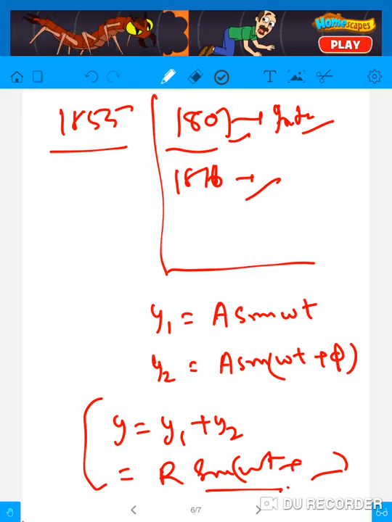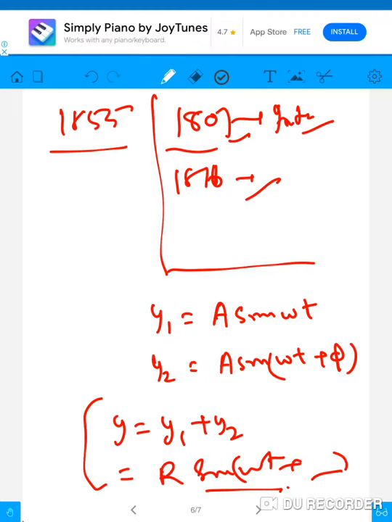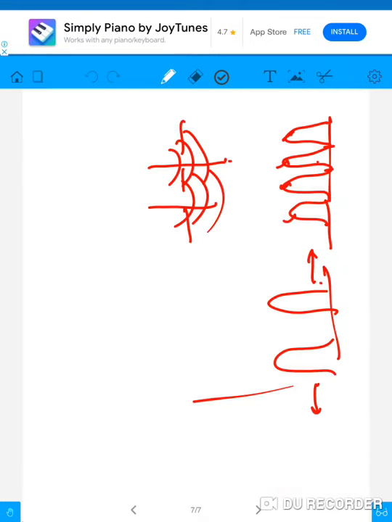Then came the question, in 1855, that everybody put up: if light has the wave nature, then how can light travel through the vacuum? Because for a wave to travel, it requires a certain kind of medium, right? So how can light travel through vacuum, because vacuum is not a medium? Then came